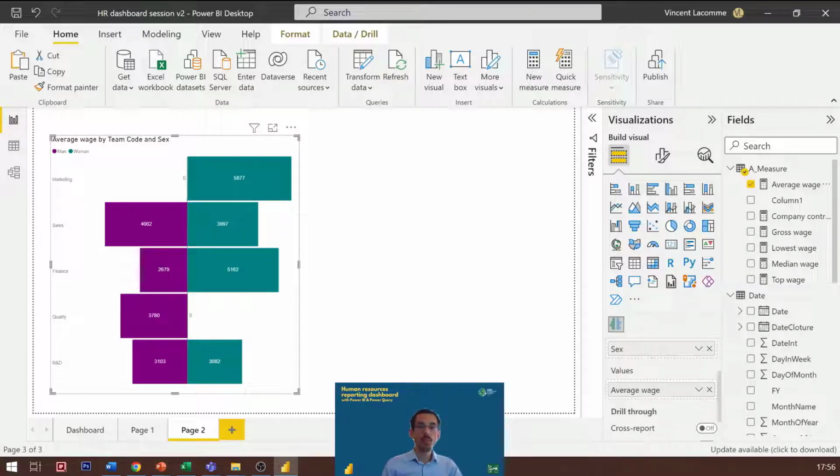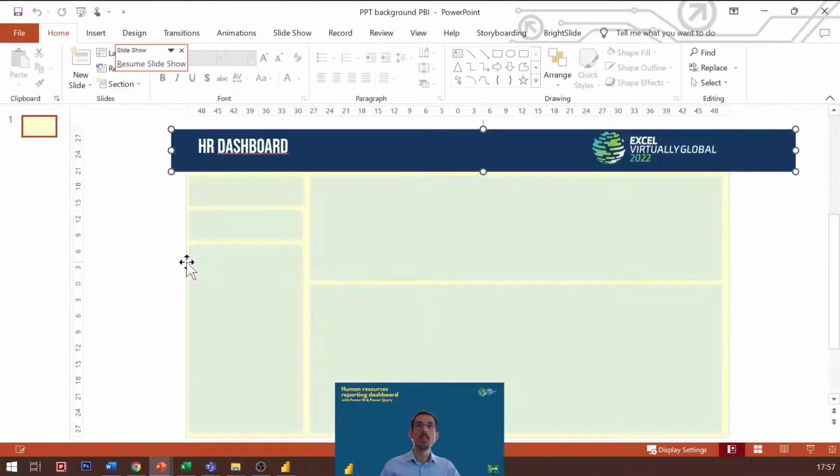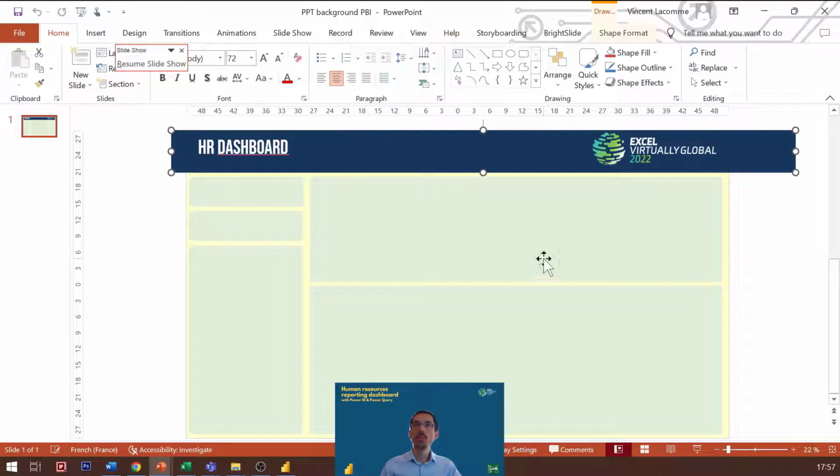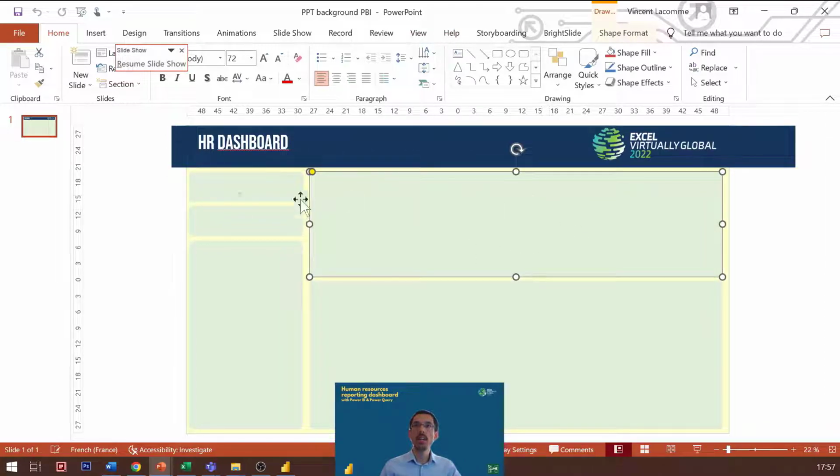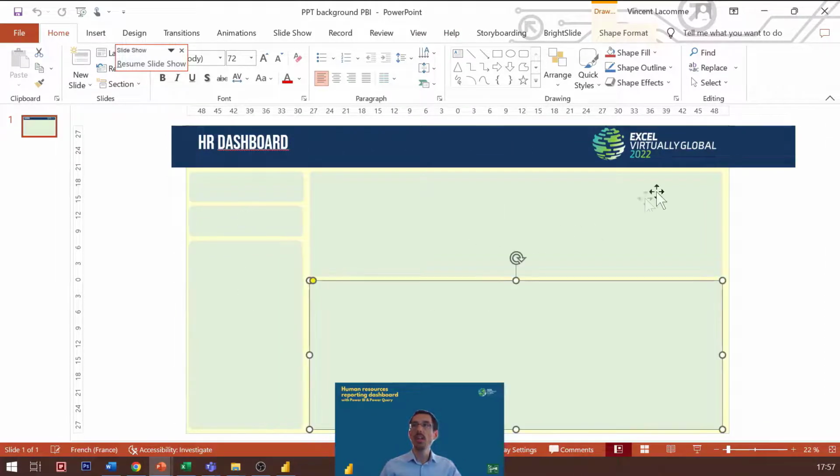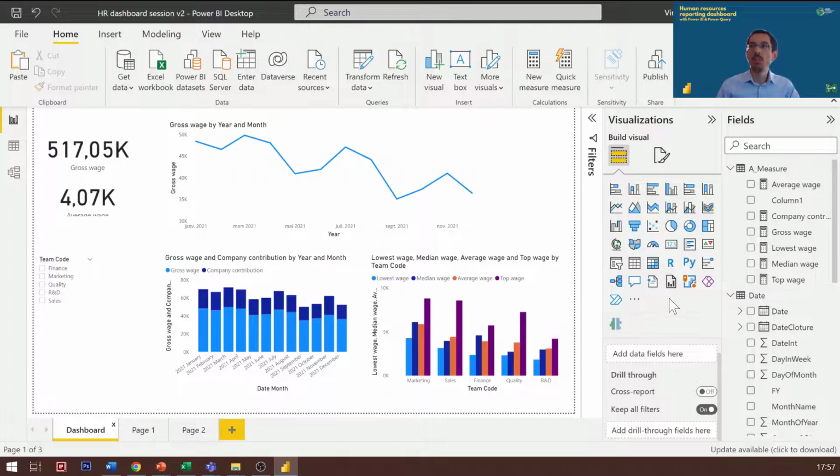Finally, if you want to improve the presentation of your report, here is a useful tip. You can use PowerPoint to create your background very easily and save them into a PNG file. So I'm going to show you what I prepared. Here in PowerPoint I created a header and a few rectangles. I saved this as a PNG file, and now I can go back to Power BI,